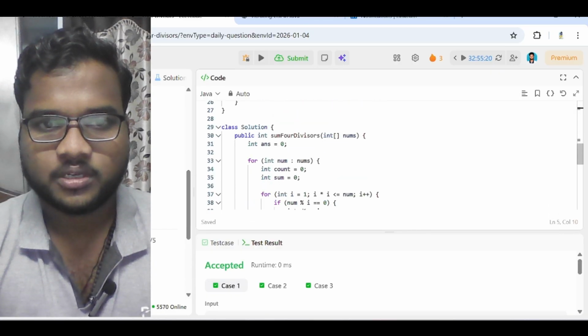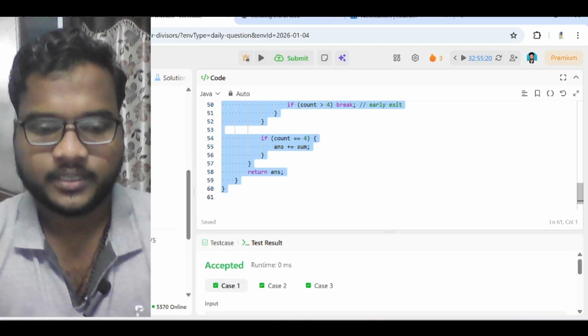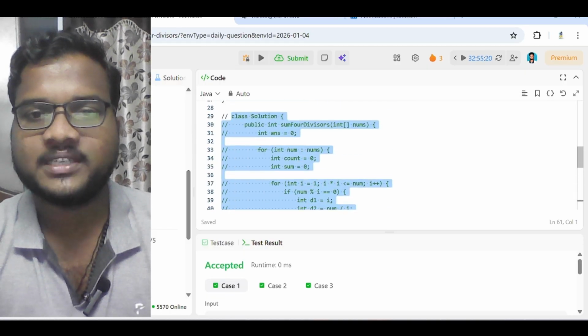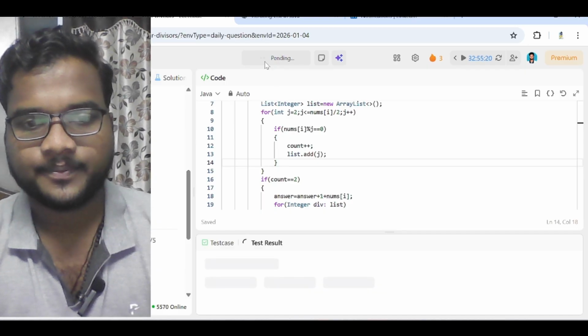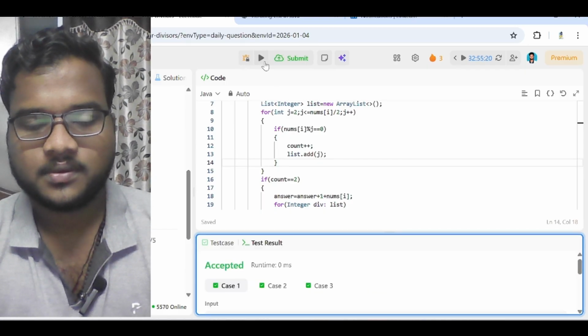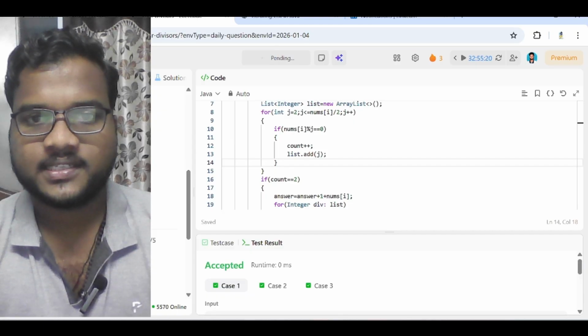Go to the bottom one. Okay, I will comment this. And this is the optimized solution. First, we will run the brute force solution. It passes 3 test cases. When I submit it,